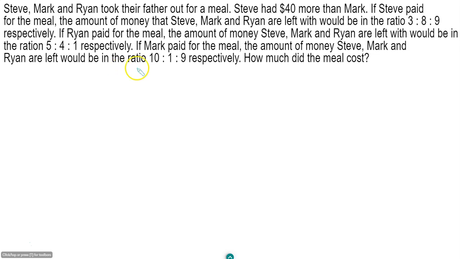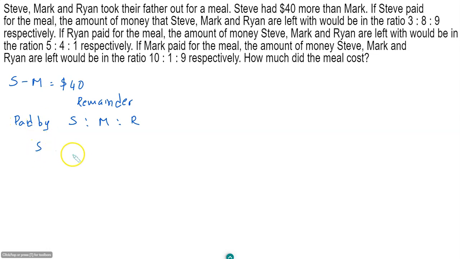Okay, so the first thing we know is that Steve had $40 more than Mark. So I'm just going to say that the difference between Steve and Mark is $40. Then all these ratios are about the remainder. So I'm going to say remainder. Okay, and we're talking about Steve, Mark and Ryan. So I'll say Steve is to Mark is to Ryan. So paid by, and Steve pays, the ratio is